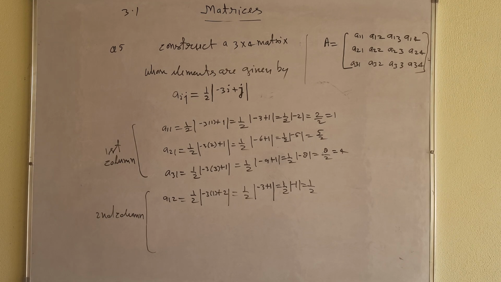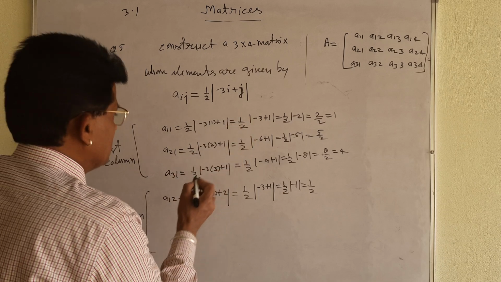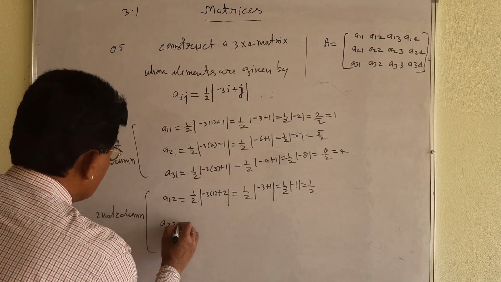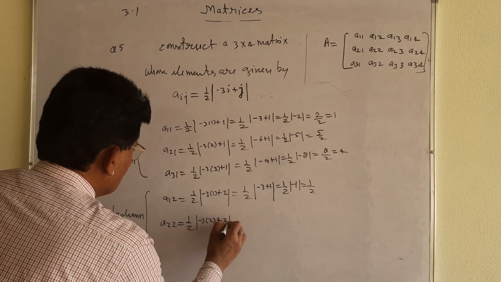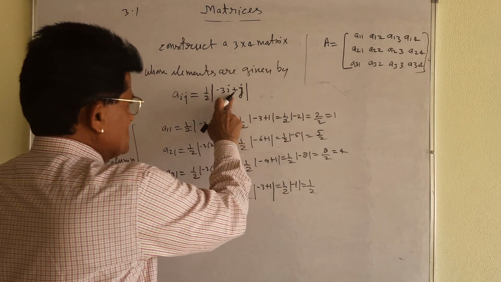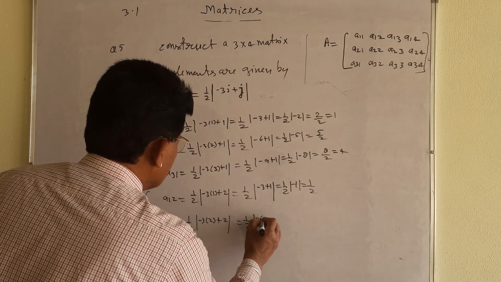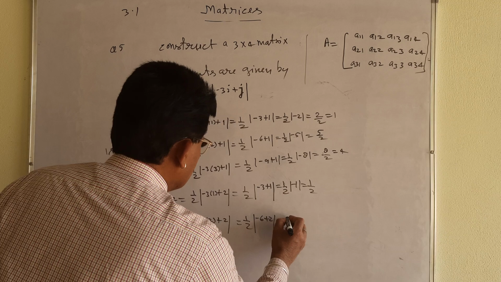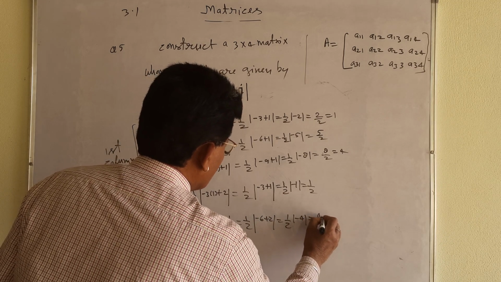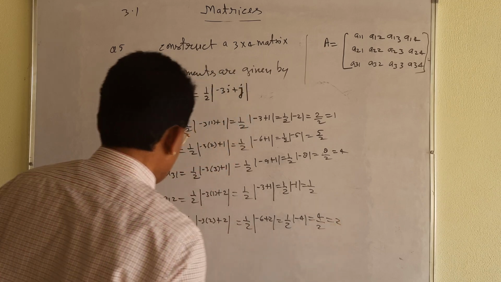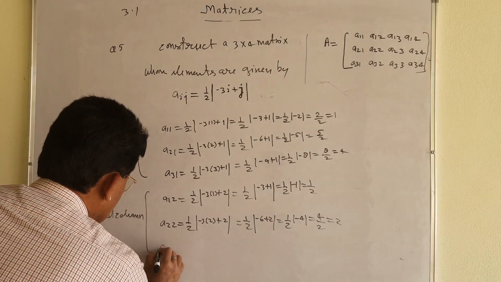ओके, अब हम यहीं पर अरेंज करते जाएंगे क्योंकि यहाँ पर नहीं तो स्पेस हमारे पास थोड़ा सा कम पड़ जाएगा. नेक्स्ट A22, I2 और J2, -3 I2 और J2. Formula, that same formula you must have specified. Okay, it will be equal to 1 by 2 or -6 plus 2. Okay, it will be equal to how much? -4. 1 by 2 -4, and that is 4 by 2. It is equal to 2. Next, last element of the second column A32.